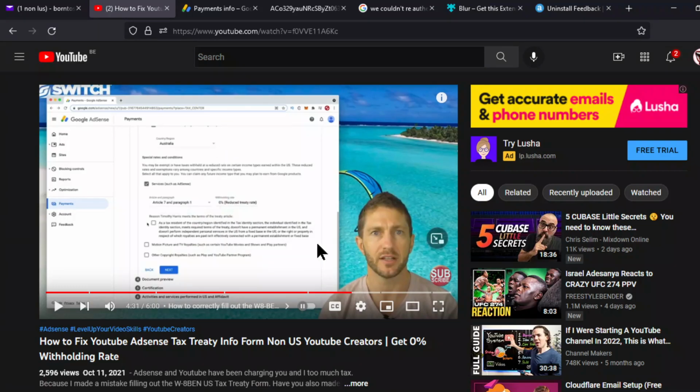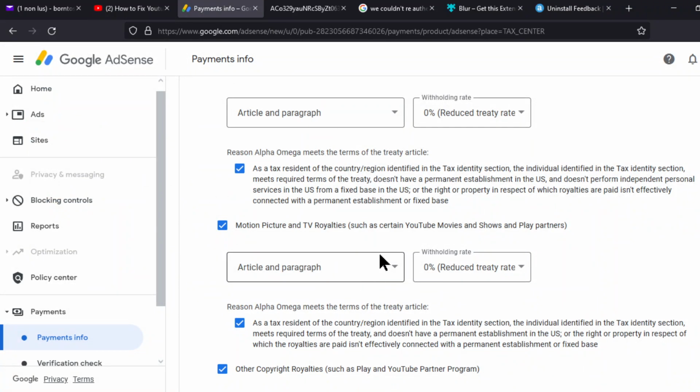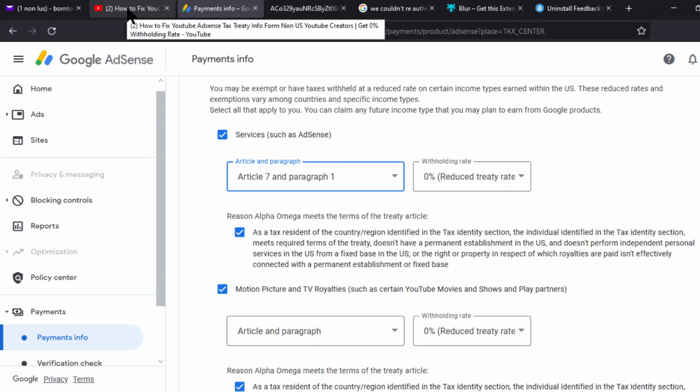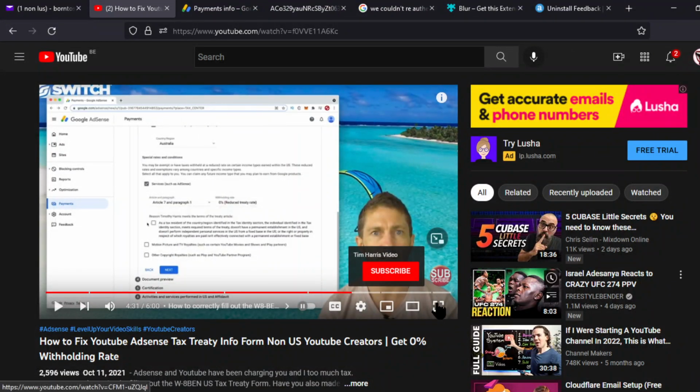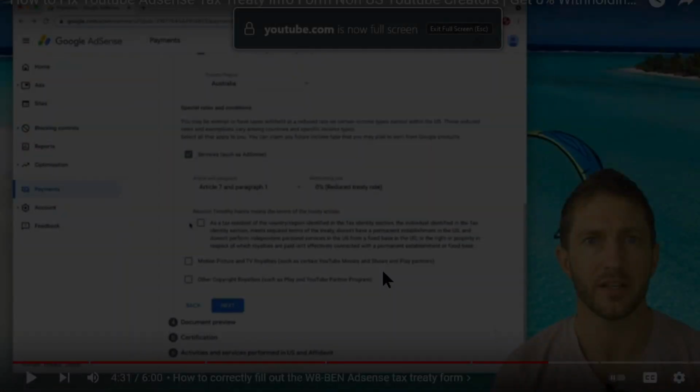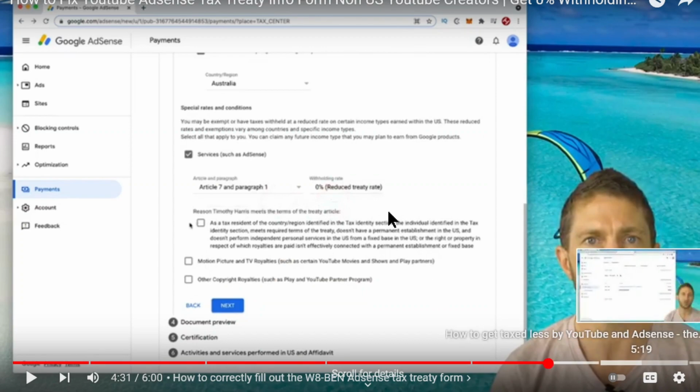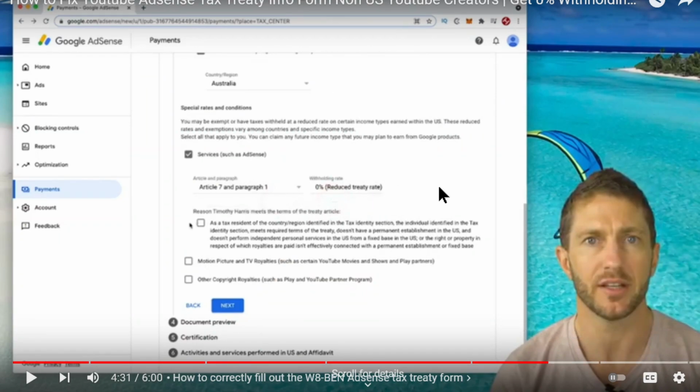All right, so I want to check one place that says 7. I see something that says 7 here. I want to click that too because I saw he clicked that, but he didn't say anything about it. He didn't mention this, but he clicked the 7. So that's why I turned the volume off. I'm not even listening to what he's saying, I'm just watching what he's doing. Sometimes he's saying something else and doing something else. When I watch this kind of video, sometimes I just shut the volume off and look at what the person is doing. But I'm just going to put the volume on just to be sure.